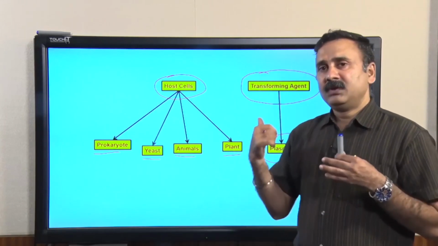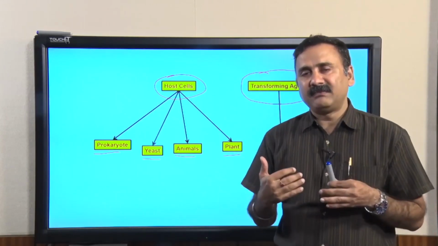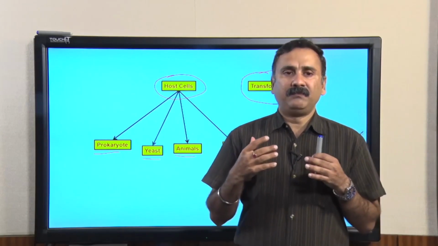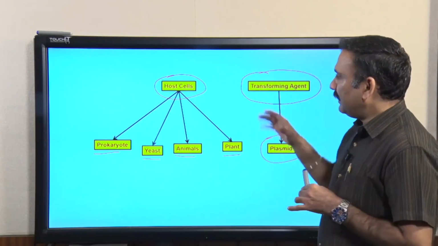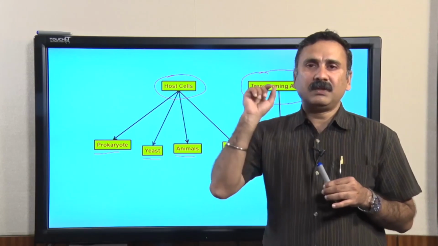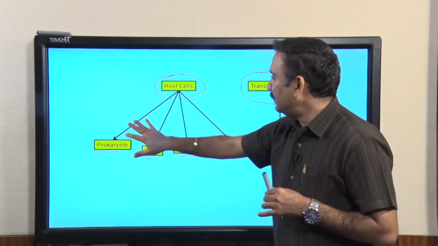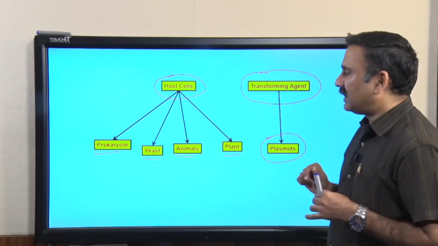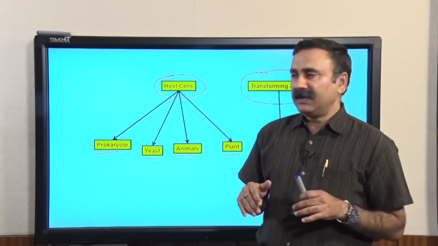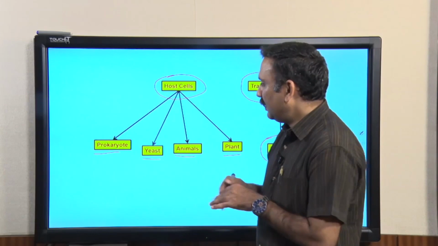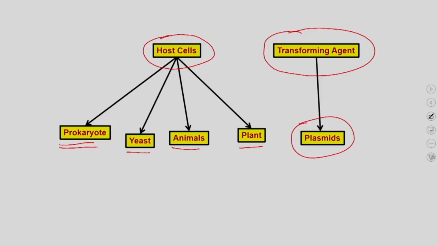So, what you have to use is you have to take the plasmid of the corresponding host. To understand this scheme as well as the plan, we have to understand this host as well as these transforming agents separately. So, let us start with the host cell, and we will first understand how you will use the prokaryote cell, or under what condition you will use the eukaryotic cells, which includes yeast, animal as well as the plant.